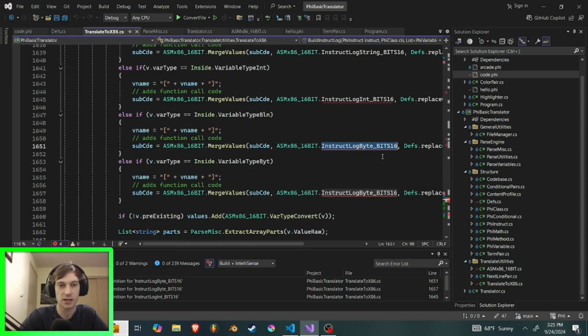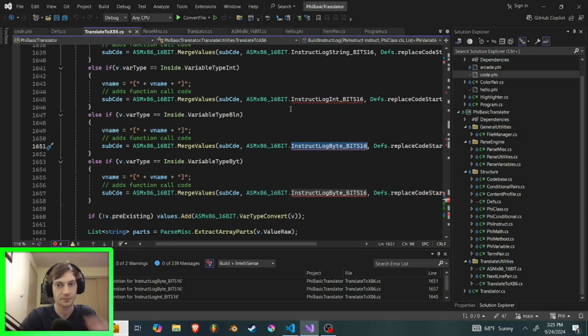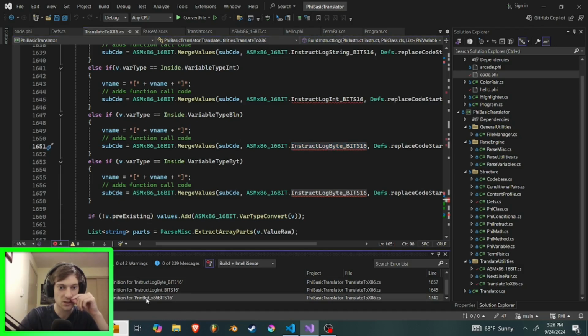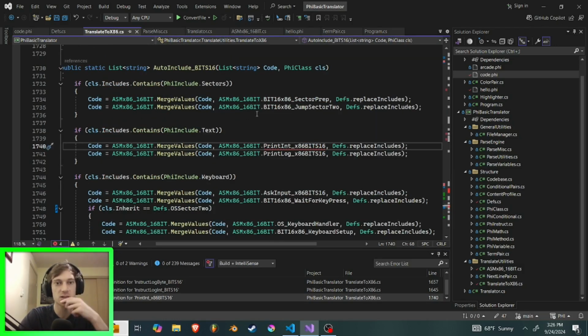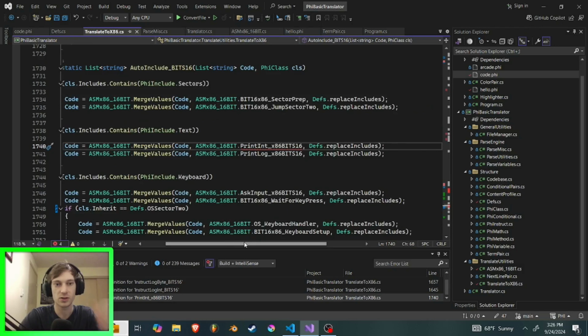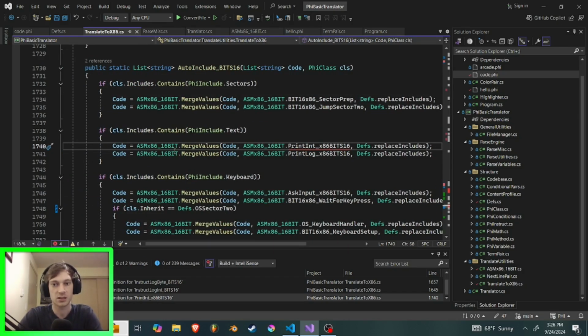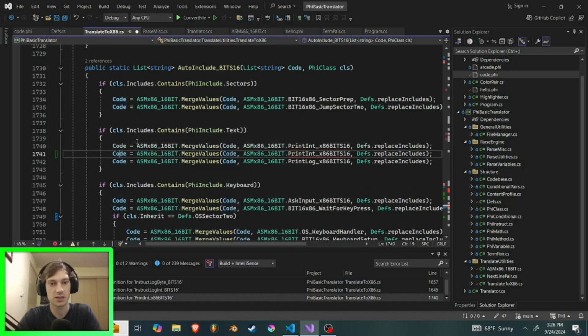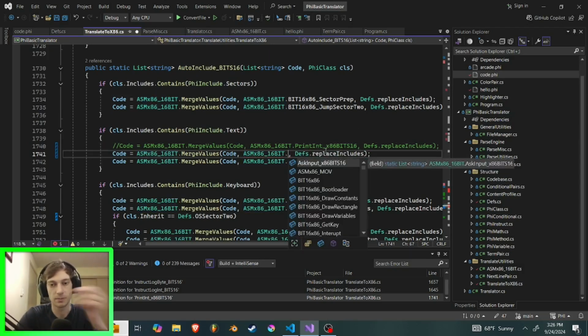Okay, so log byte is no longer going to be used in the logging code. Log int won't be used. What I really want though is the includes. So I have an auto include function here. And what we need to do is Control D. We need to comment out one of these. And then we need to replace dot and then